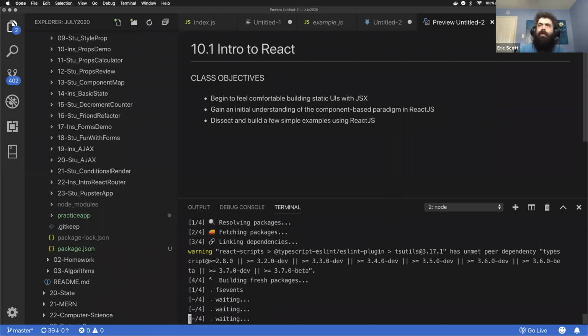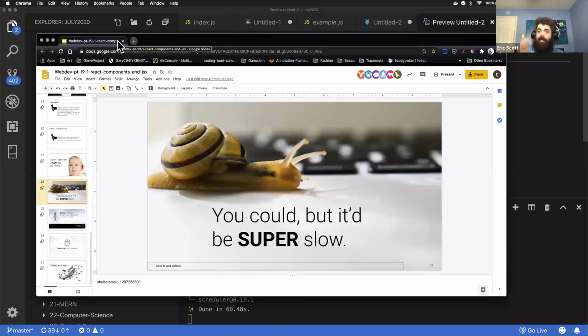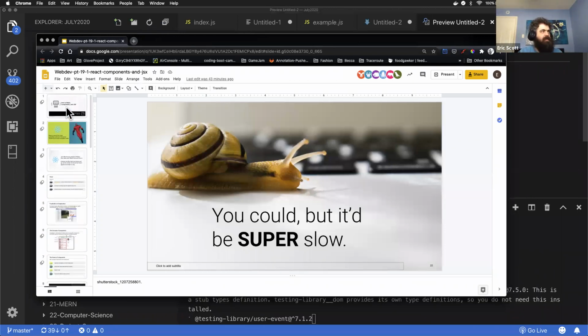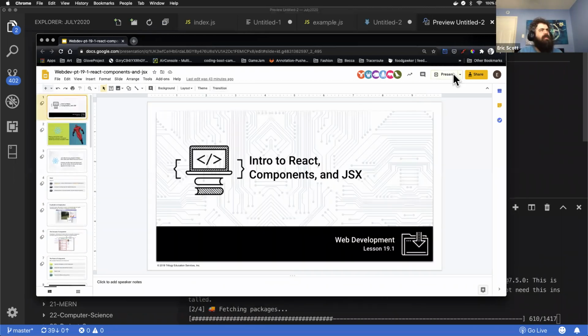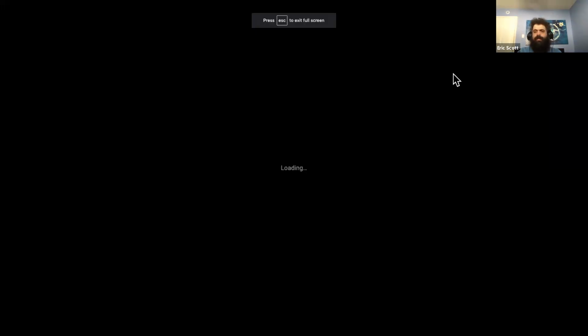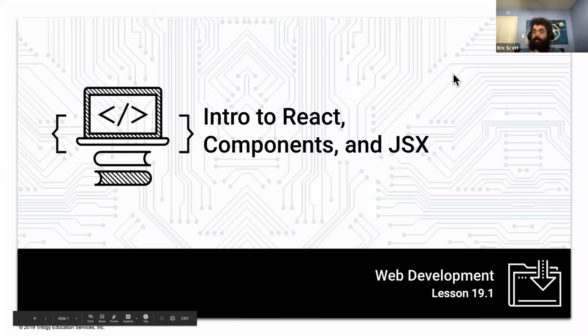Now, while that's going on, let's go ahead and talk about React with the slides a little bit. Again, you'll have some time to work with this along the way. So let's get started. React is the final really big thing that we're going to be learning today. It's a front-end framework,